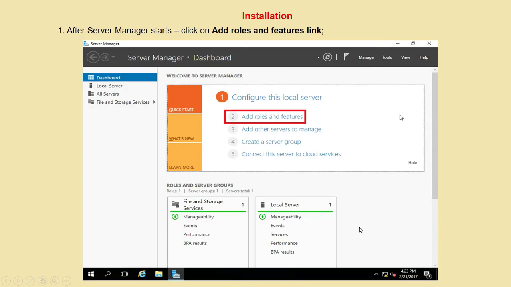After the Server Manager starts, click on the Add Roles and Features link. This is the dashboard screen of Windows 2016. First you have to click on the dashboard. Inside the dashboard you have the configure this local server section, where Add Roles and Features is. So you have to click here.